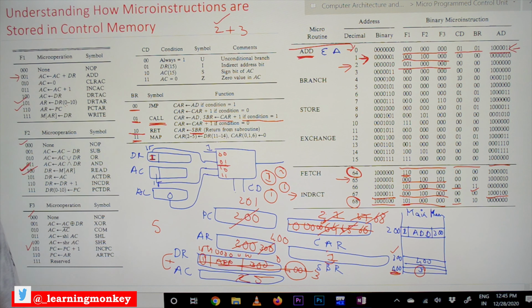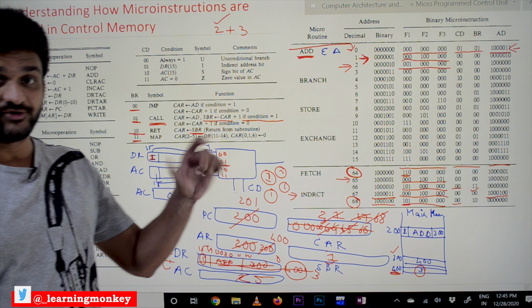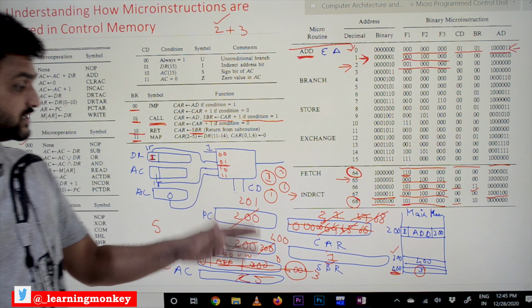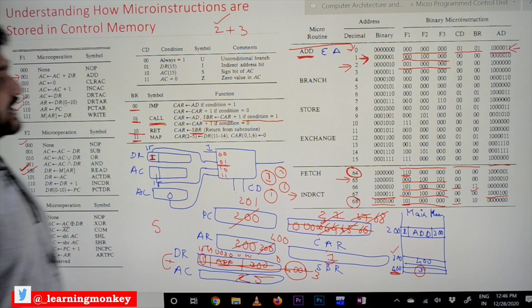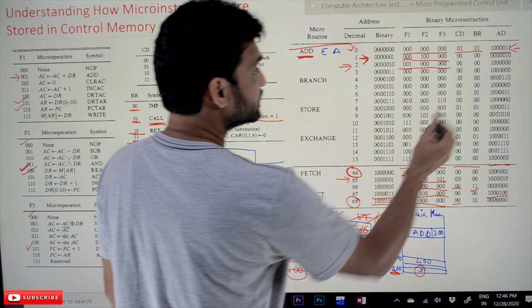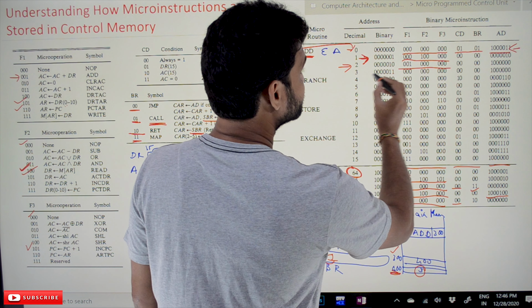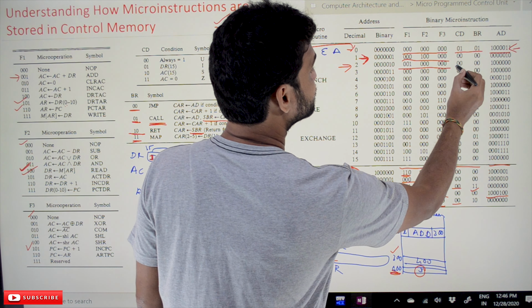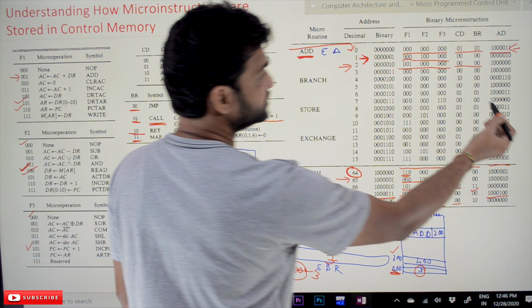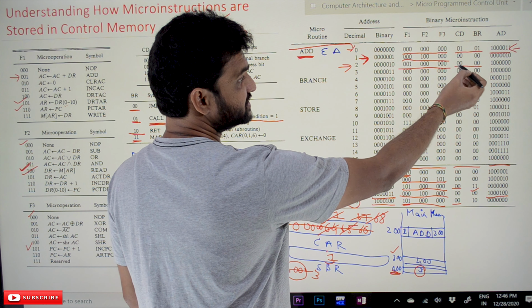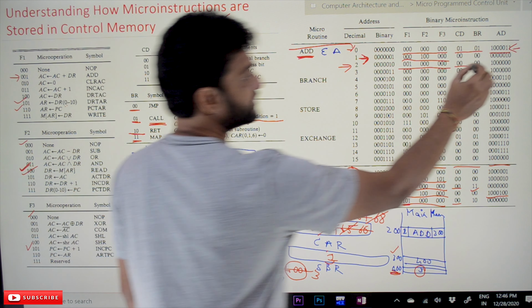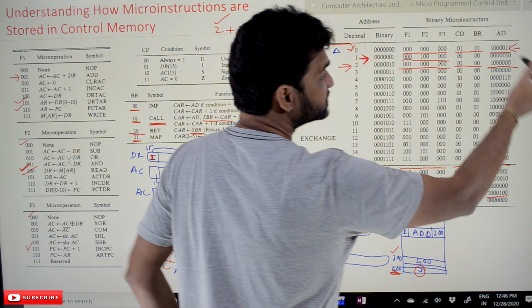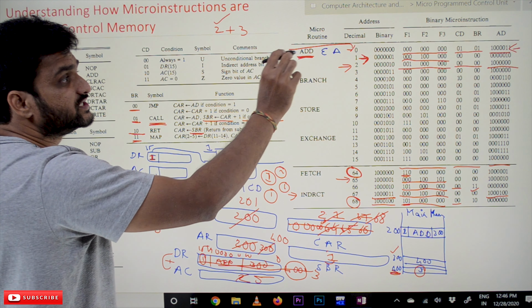So the accumulator is stored with the sum value of 2 plus 3. Okay, so this is how the accumulator is getting filled with 5, and the next operation: the status bits are 0000. 00 condition means always 1, and BR is 00 means it is a jump, where we have to jump because it is the end of the instruction.